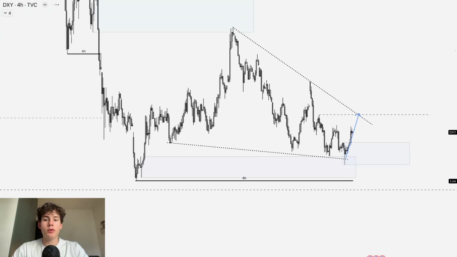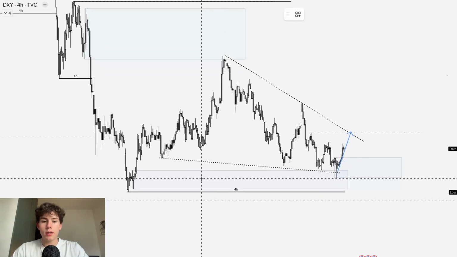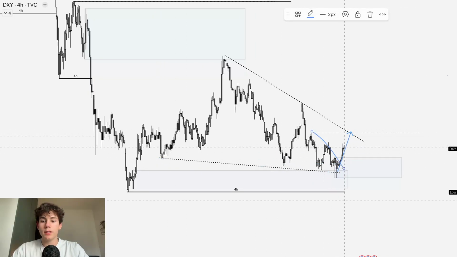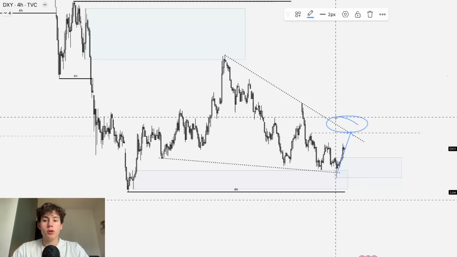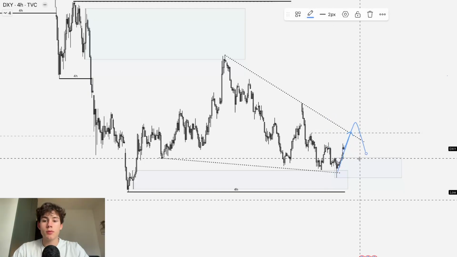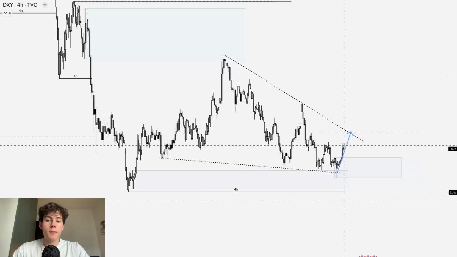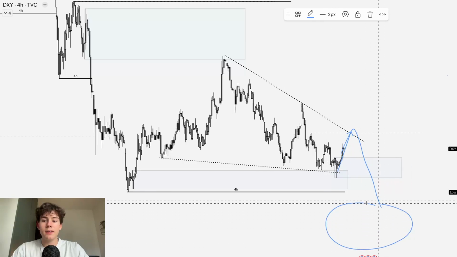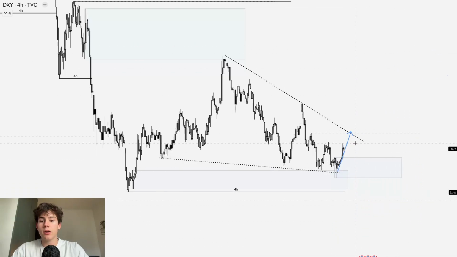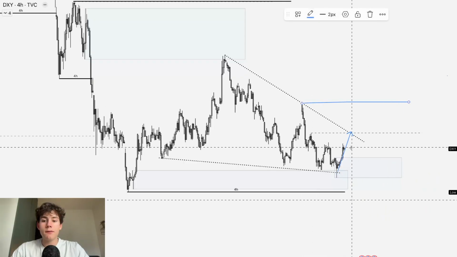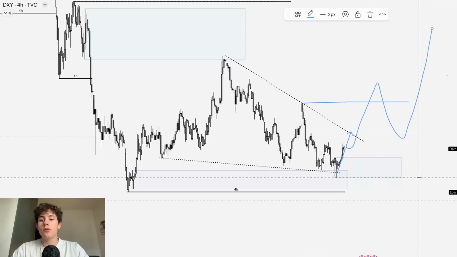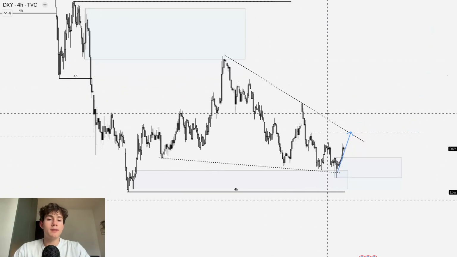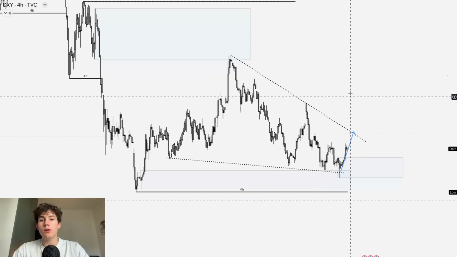Looking at the 4 hour though, what I'm seeing is that we grab liquidity underneath all of these lows and that we now could grab liquidity above these highs, and from here I'm going to wait for a reaction to take a small short setup in towards this demand zone, but overall we could trade all the way down lower in towards that weekly demand and from here start to trade up higher. Only if we start to break this high, for example, then I'm going to look for those long setups, counter 4 hour and daily trend, but in line with my daily order flow and weekly order flow.